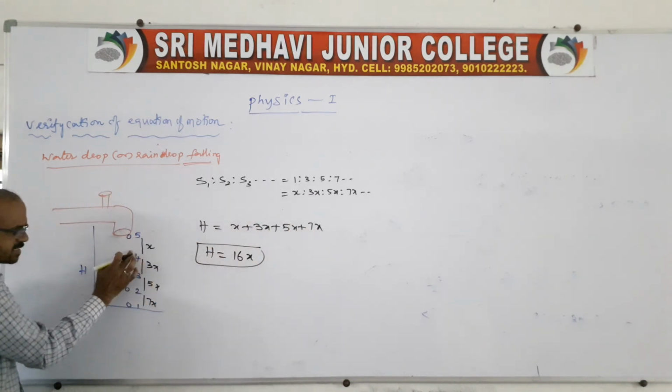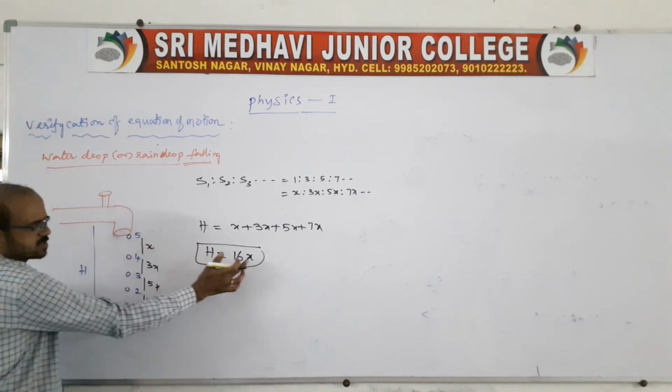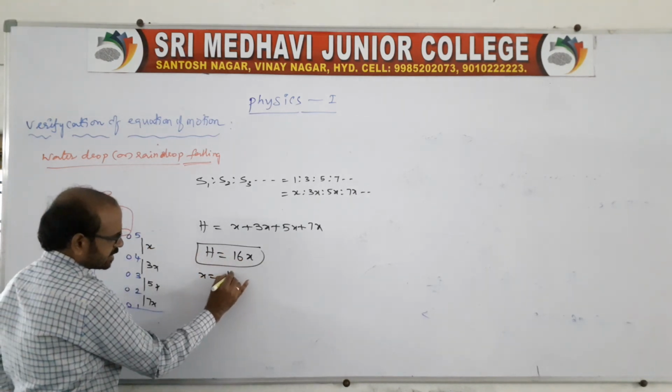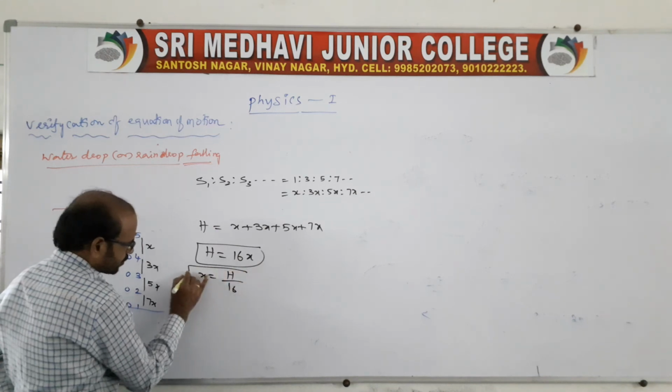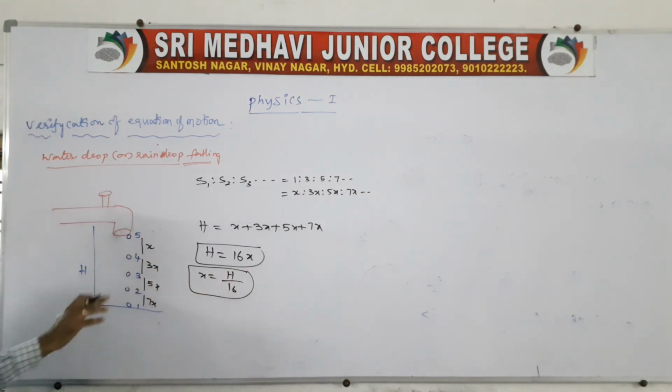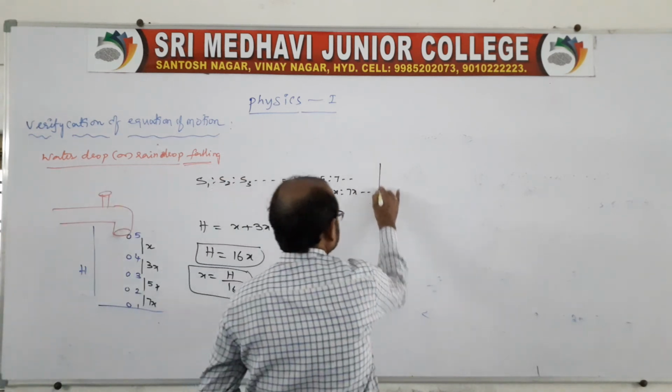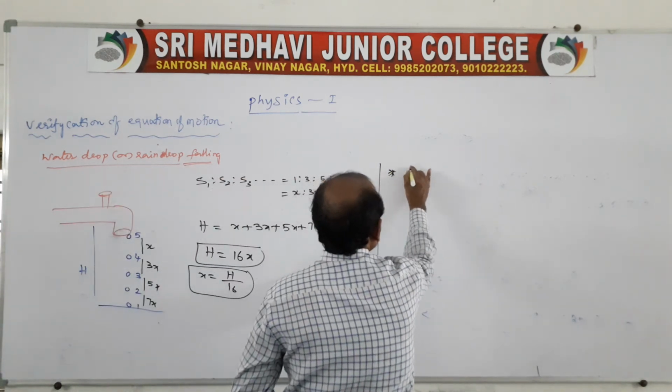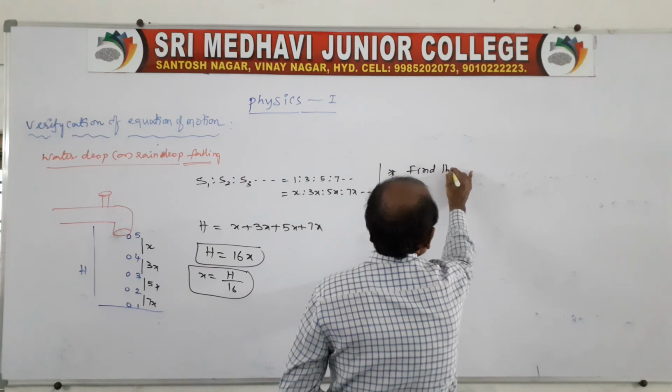Suppose he is asking the distance between any two drops, then we should know the x value, and it is h by 16. If you know the x value, then we can find any drop distance. There are some questions based on this. Sometimes he may ask you to find the distance